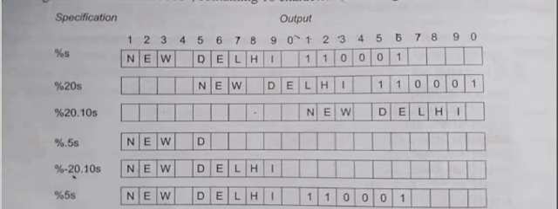So check out the remaining also. So for string it is %w.ps. As I told you, w is field width for display, and p instructs that only the first p characters of the string are to be displayed. So if it is %20.10s, it means only 10 characters are to be displayed.